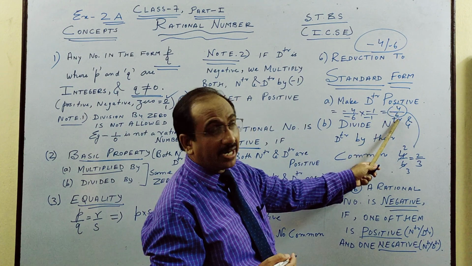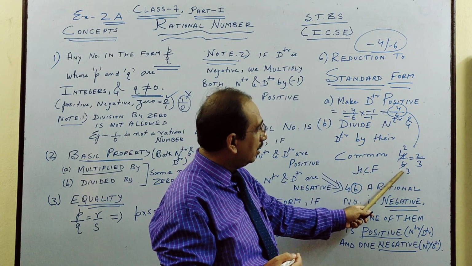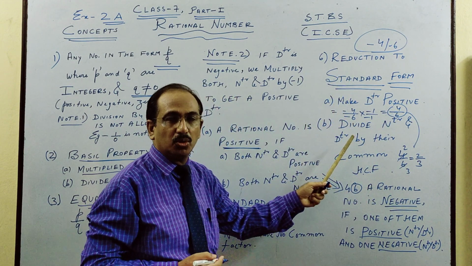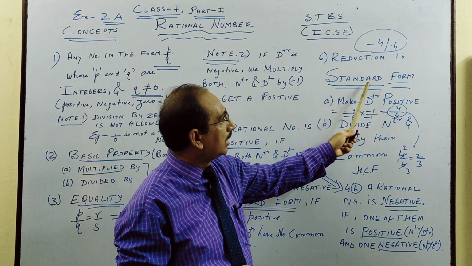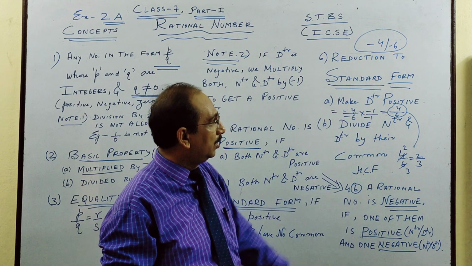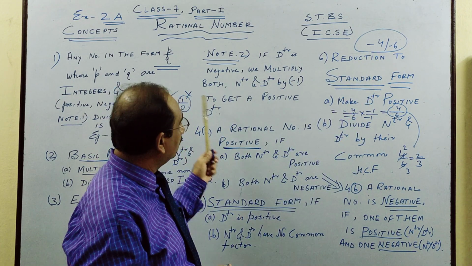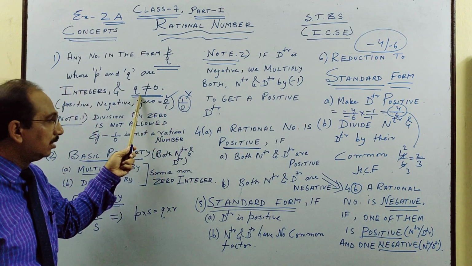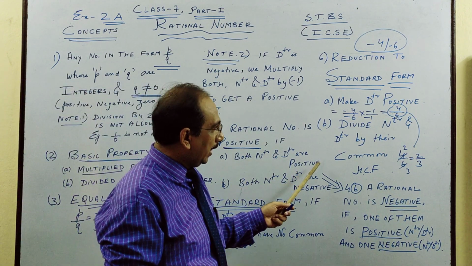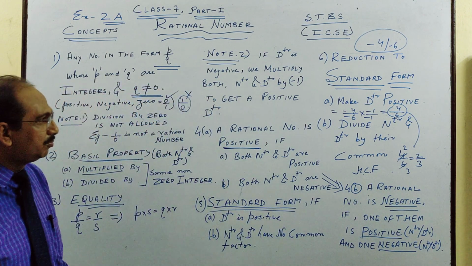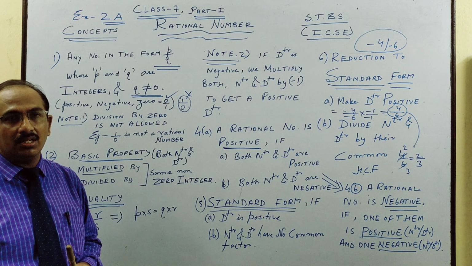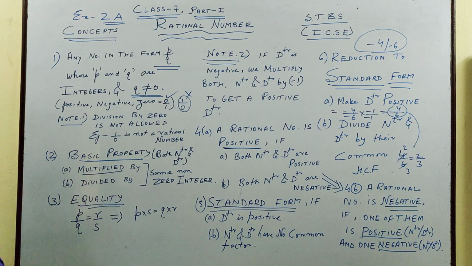Then there is a common factor here called 2. So we cancel it. This is how I'll show you by other examples. We convert a fraction into a standard form, a rational number into a standard form, because a rational number is a fraction whose denominator is not 0. And this I have already explained when a rational number is negative. So with this concept, we'll do 5-6 sums. So please pause and copy this nicely. Then I move on to the sums.